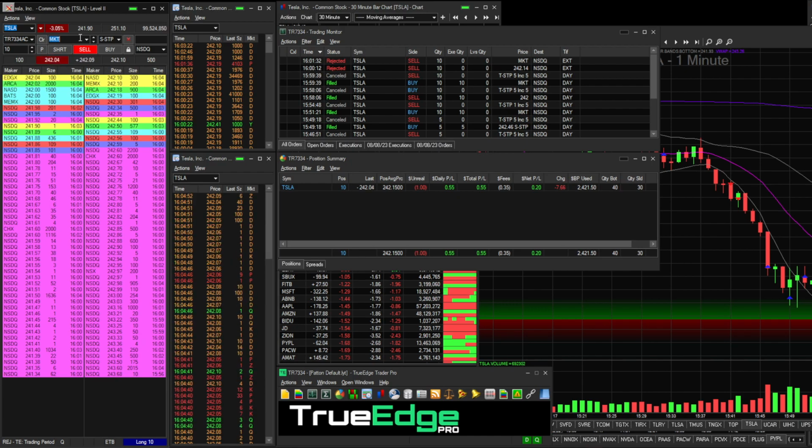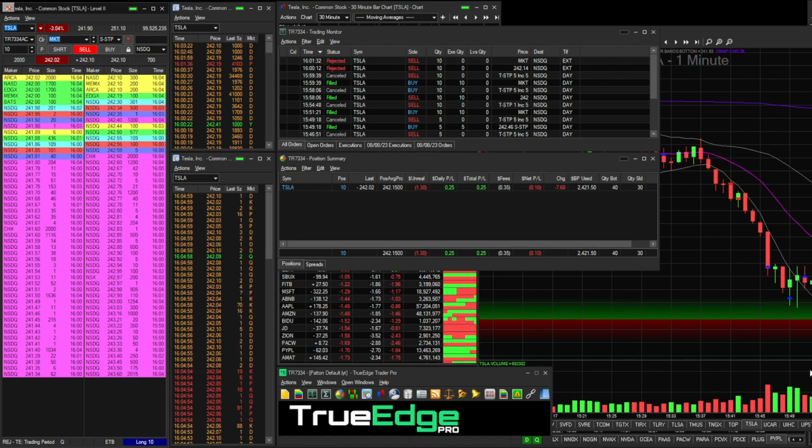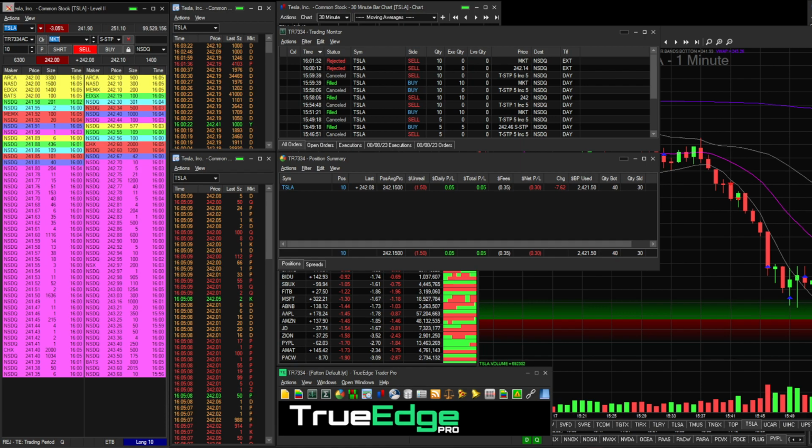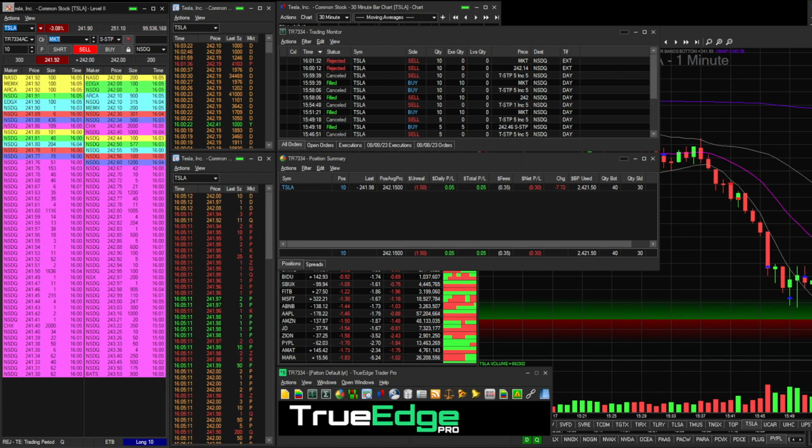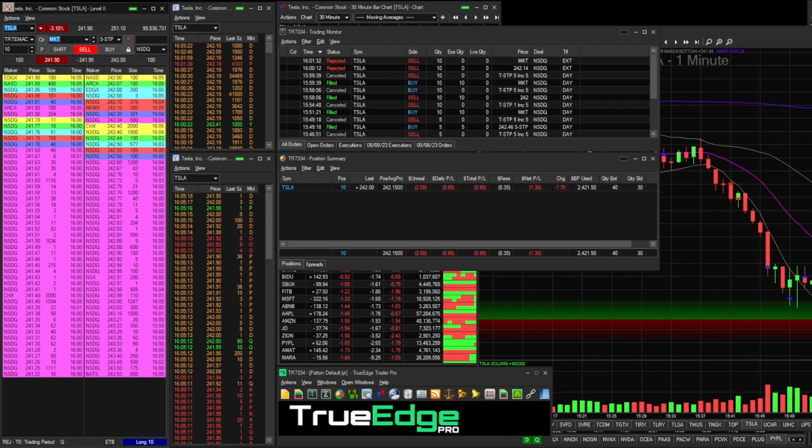Now, if I enter a sell stop or a buy stop and I don't currently have a position, it still works. In other words, if I enter a sell stop and I don't currently have a position, I would have to put the sell stop, of course, below where the market is now. But if I don't currently have an open position, all that's going to happen is as soon as that sell stop price gets hit, the order gets executed and it will sell at market price, whatever the market price is